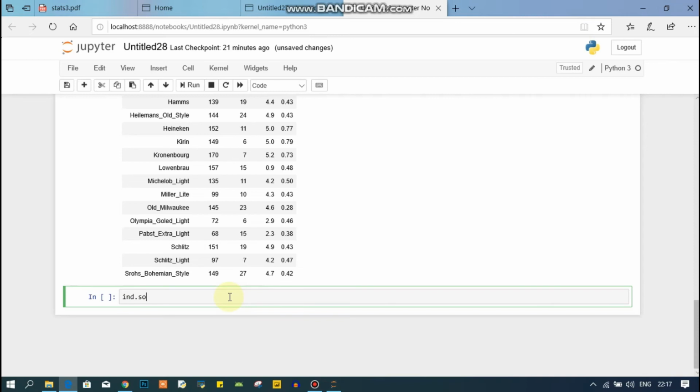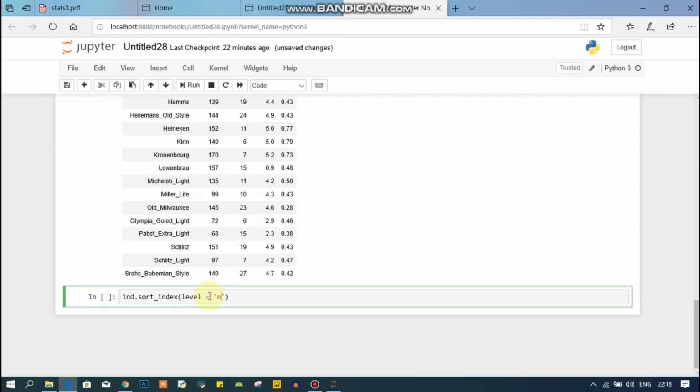So I will type here int dot sort index, and inside this I will pass level equal to just one column name, because I want to sort only one index. So I will not pass this inside the square brackets.